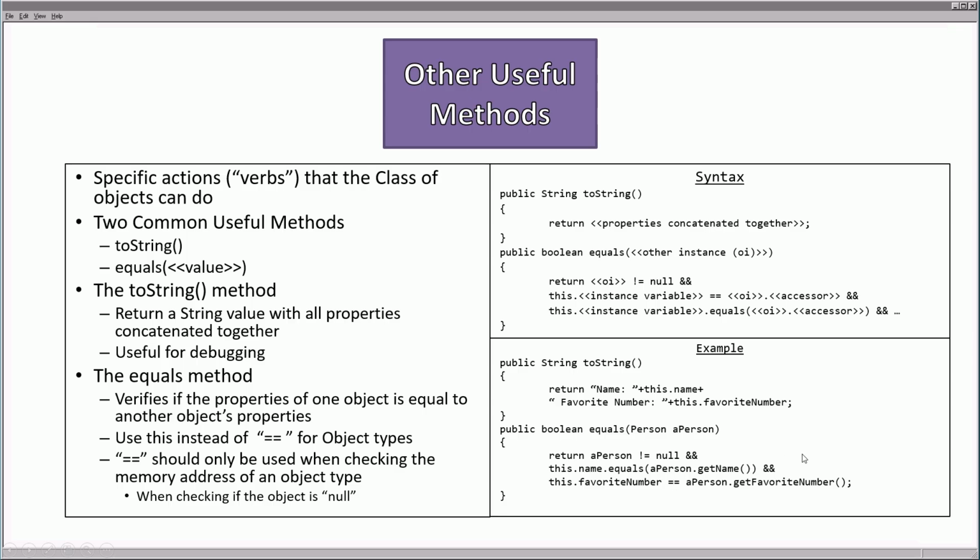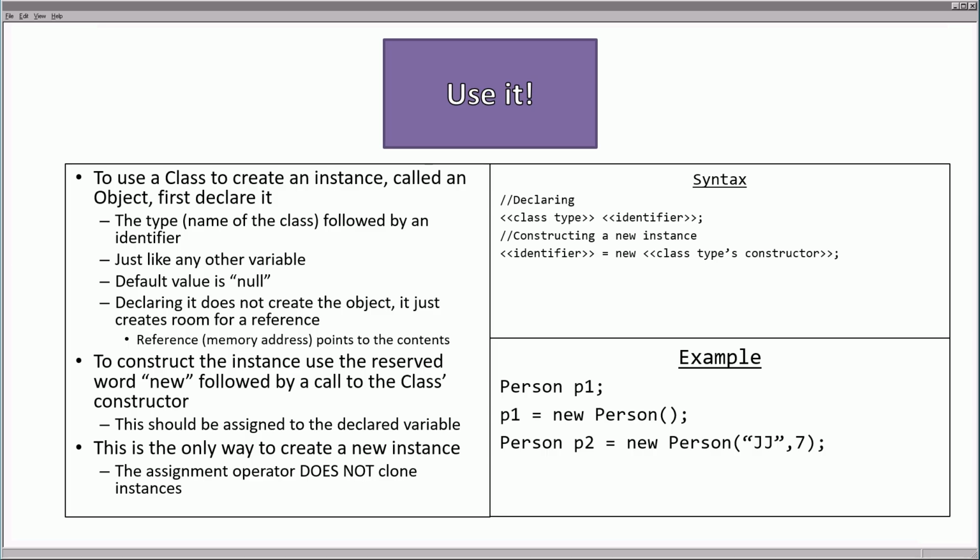Now, if that's true, we then check this.favoriteNumber. This is a primitive type. It is an integer value. So this is why we use double equals to compare it to aPerson's favorite number that we got from its accessor. Now finally, after we have defined a class